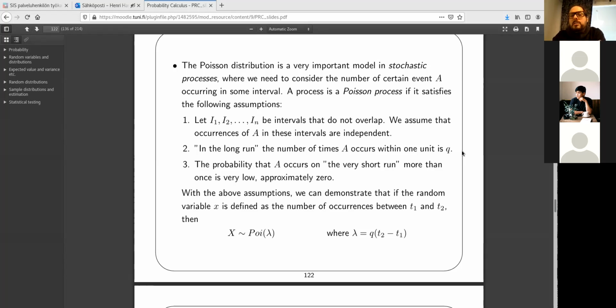And a process is modeled as a Poisson process if it satisfies the following assumptions. So whenever we look at